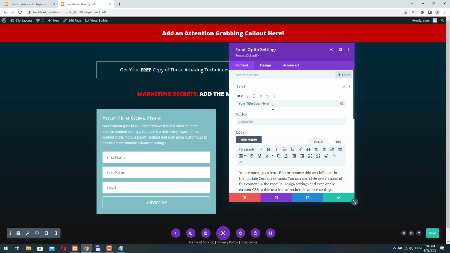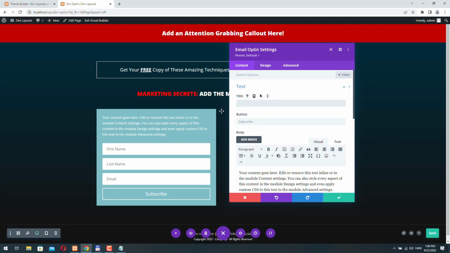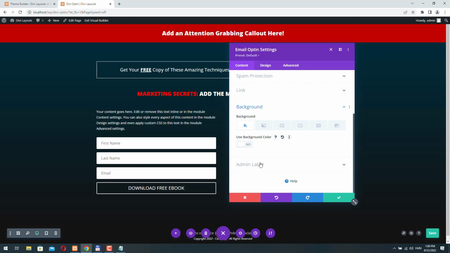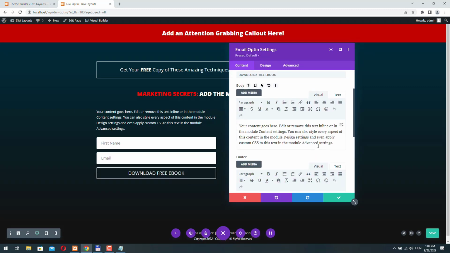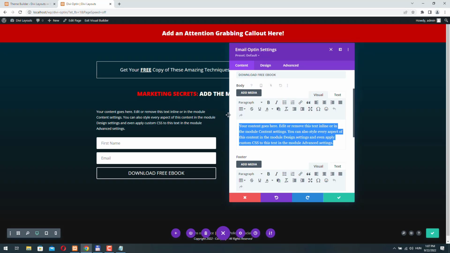So let's change around a few things. We don't need a title. On the button, I want to see "download free ebook." Let's not use a background here. Under the fields section, disable last name. Let's change this body text to